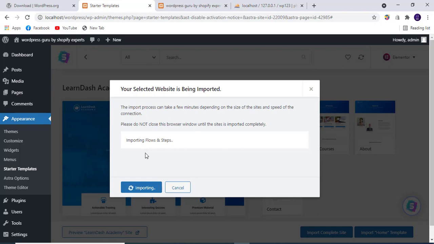Now we are just importing the plugins and the forms and customizer settings, content from a new website, WP Learn. Website Learn-Academy is the template name we are importing. I think it's completed now. The content has been imported. Import complete